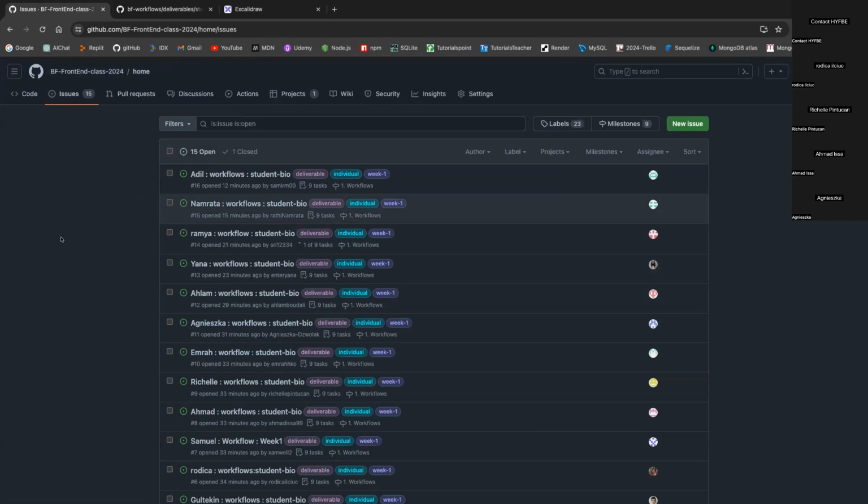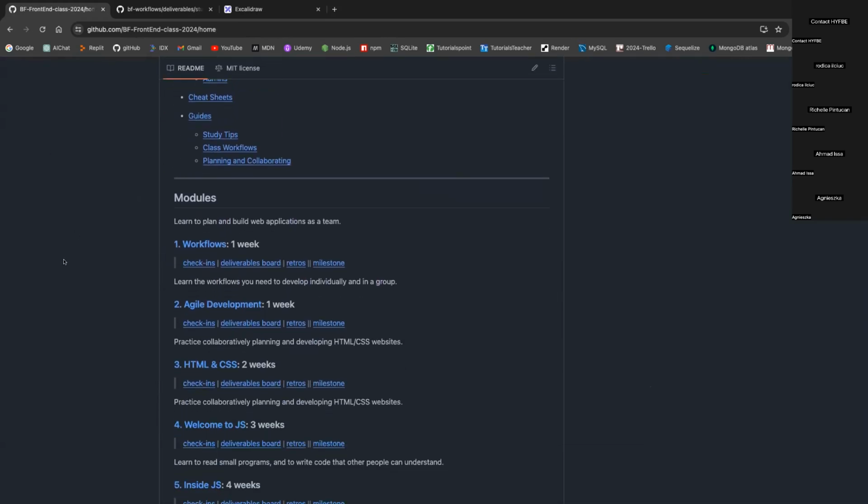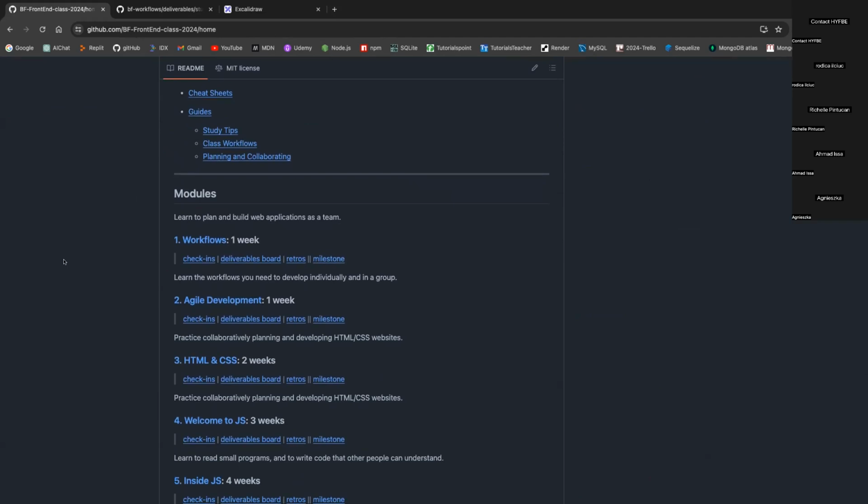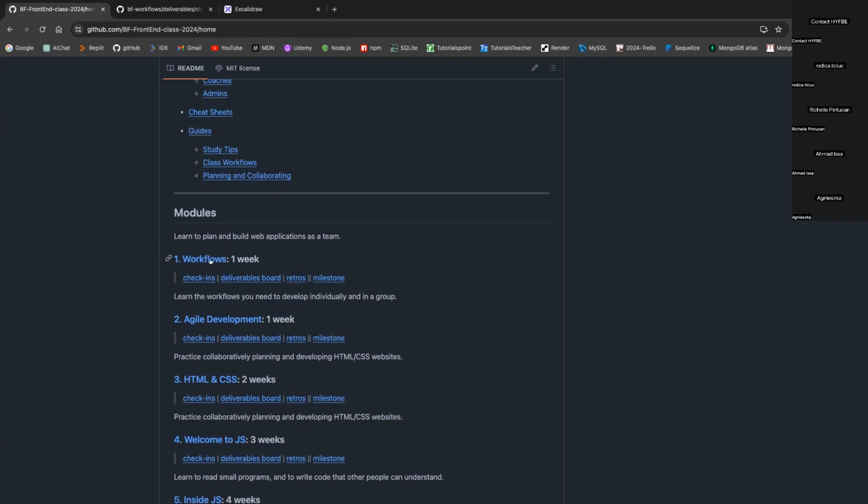But what is the check-in issue? Well, the check-in issue simply is an issue where I can track what you understand, what you don't understand. But how can I create it? Well, it's quite simple. So what I can do now,